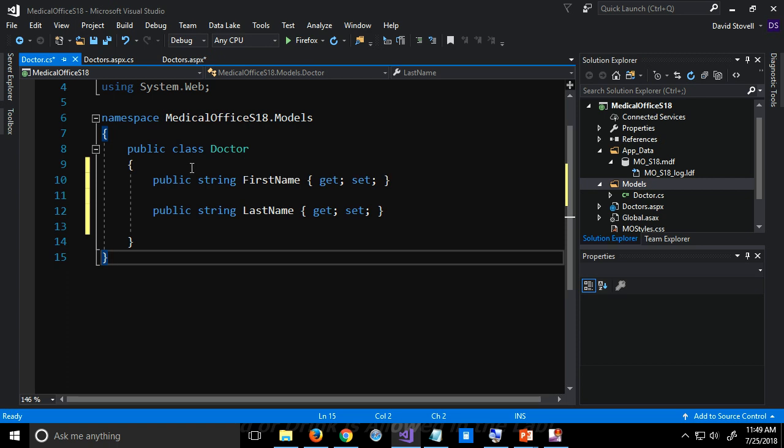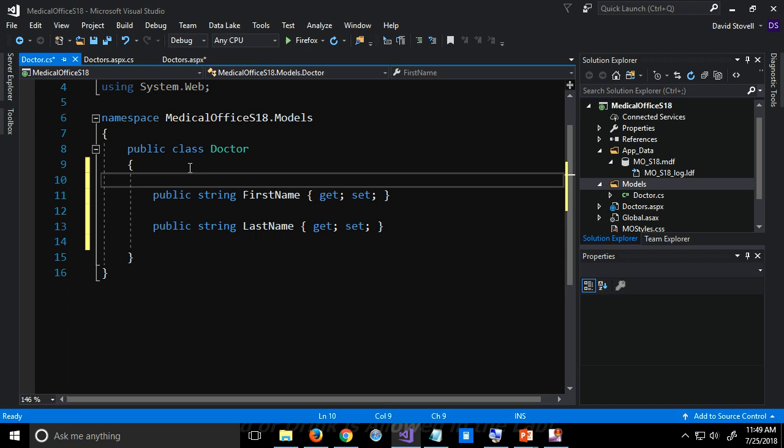Now how do we actually put some annotations on here to indicate validation? Well, I can add the using first, or I can have the system help me add it. The easiest thing is I remember the word required, right? So if I put the square bracket, that's how you do annotations. It's extra information about a property in a class. You put it in the square brackets. So if I type required,